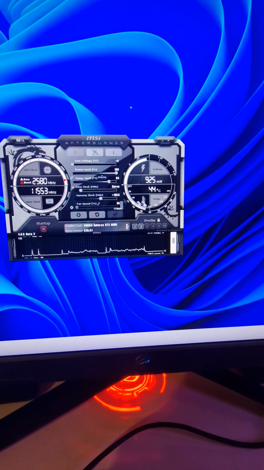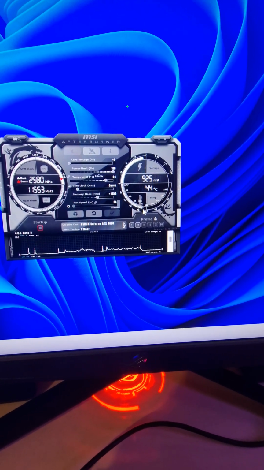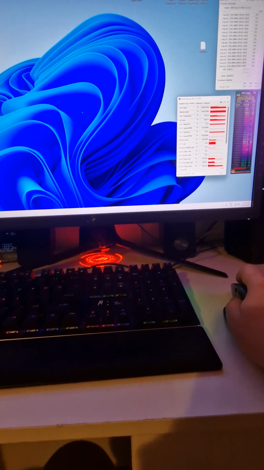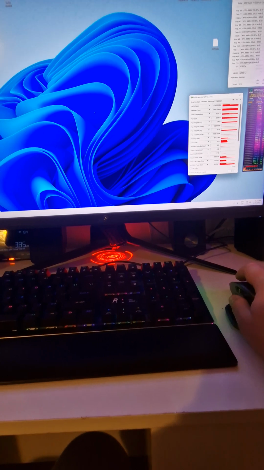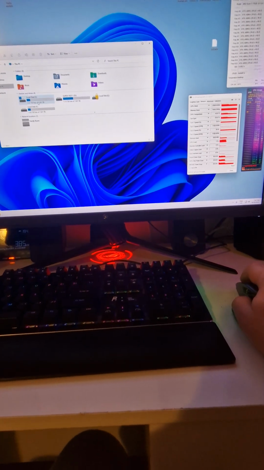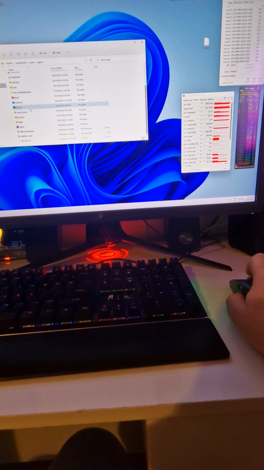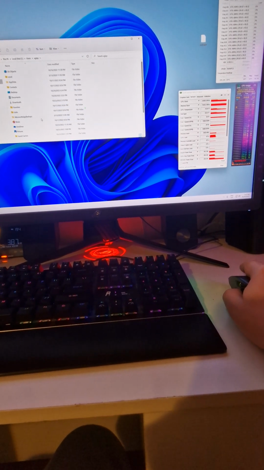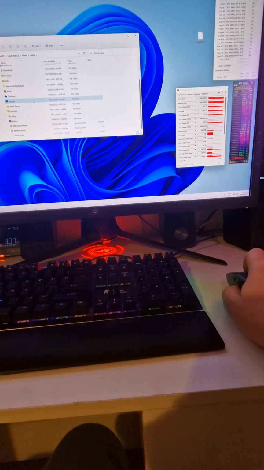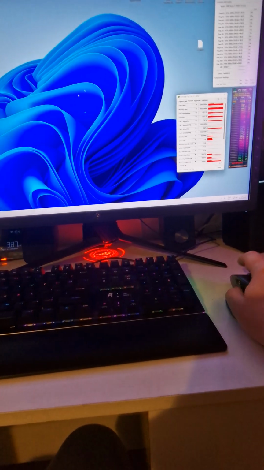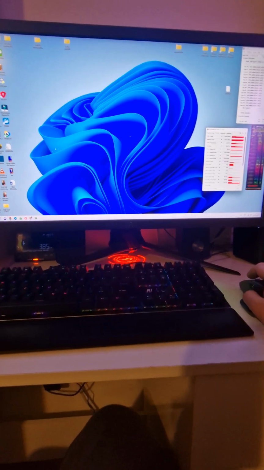Core optimizer on. Amazing. Brilliant stuff. Okay. Interesting. Do I have any other settings? Looks like I don't have. Right, so